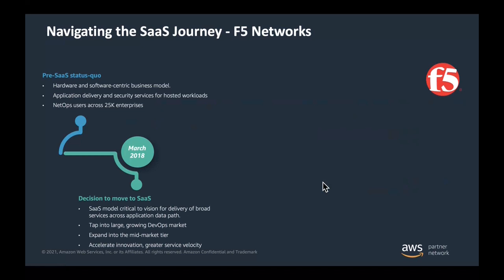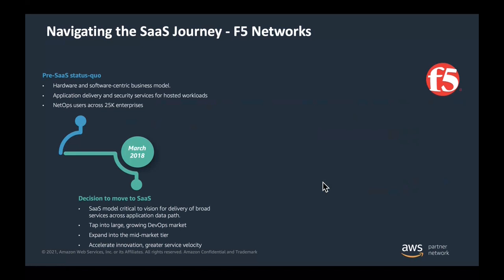So with SaaS, they were again able to target this new customer segment, this new audience. And they did this in a way that didn't really disrupt their existing operations. So they basically started small, targeting this new segment of customers. They also picked, again, F5, if you look at their product portfolio, they have many solutions, right? So the idea here is really, you don't need to do a big bang type of SaaS move by moving everything to SaaS at once.